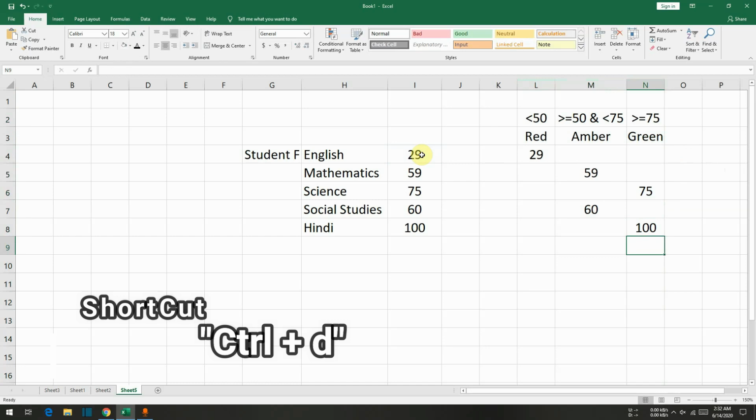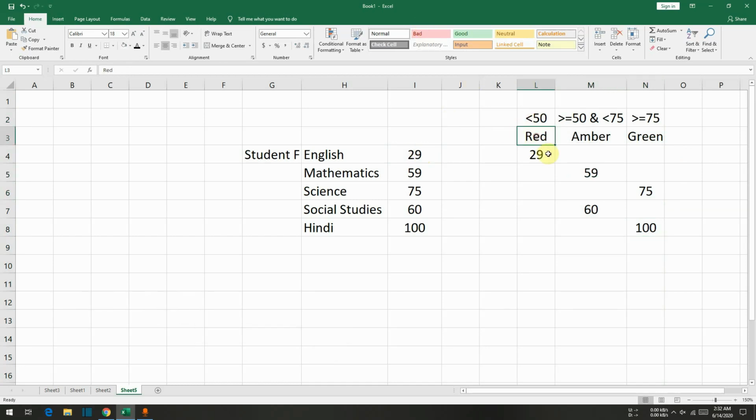So as you can see, we have created 3 categories: red, wherein if the number is less than 50, it should display here in this cell. If the number is between 50 till 75, it should be displayed here. As we can see, the numbers are displayed absolutely perfect. If anything is more than 75, it should be displayed here.